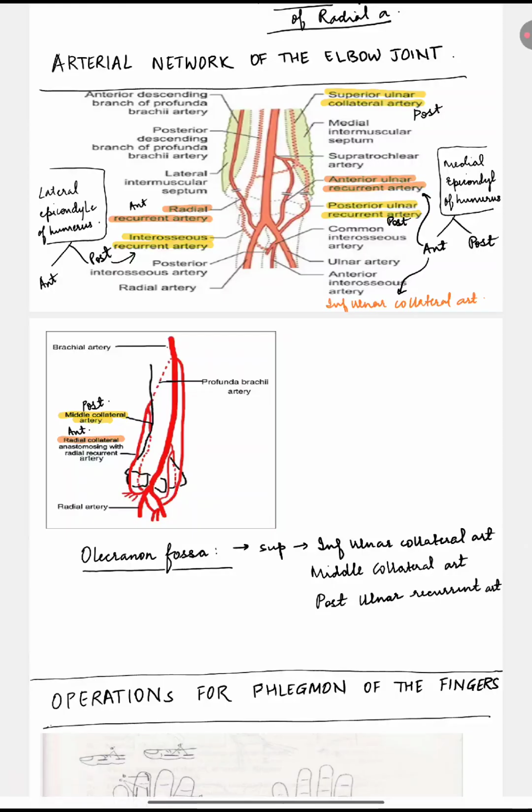Now arterial network of the elbow joint. It forms branches of the brachial, radial and ulnar arteries, and it supplies the ligament and bones of this joint. Now there is lateral epicondyle of the humerus and medial epicondyle of the humerus. In the lateral epicondyle, anterior and posterior. Anterior part, there is radial recurrent artery, which is branch of radial artery, and radial collateral artery, which is branch of deep artery of the arm. Posteriorly there is middle collateral artery